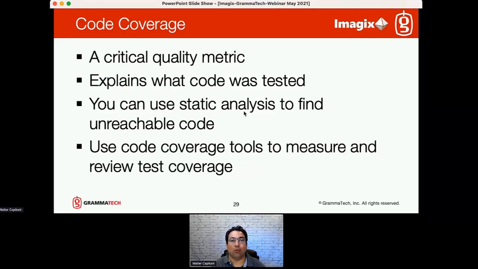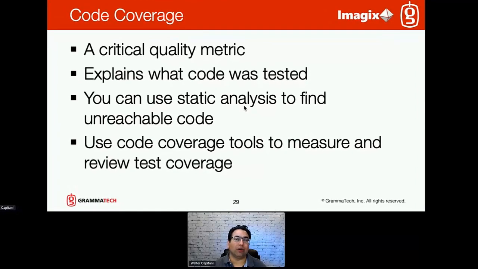For example, where perhaps, with the use of some tainted data, you might be able to get code to execute that actually has bugs in it. So we want to make sure that we remove all that code. We can use static code analysis to identify areas that the tool thinks are not going to be executed, and then inspect those areas and remove that code